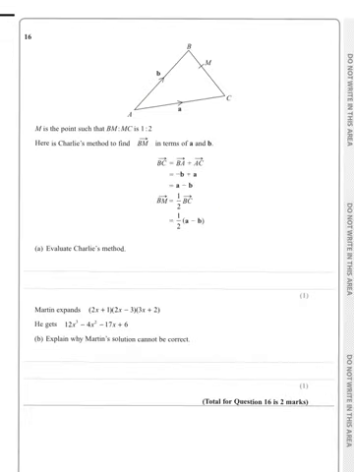Question 16. We've got to evaluate, i.e. look at and appreciate what Charlie's method is telling us. And I think from there we've got to either say whether this method is good or whether there's flaws involved. So let's have a look at the first step. It says that going from B to C,